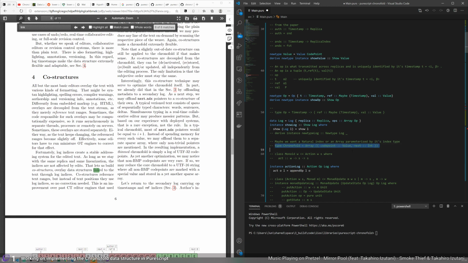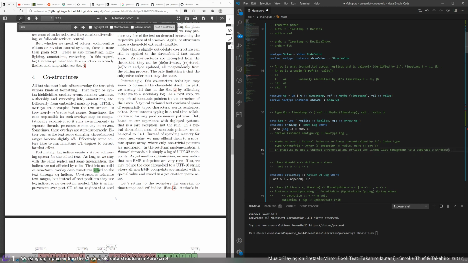So that's Chronofold, but in practice we use a thinned Chronofold and offload the linked list management to a separate co-structure, which means that this is just an array of cut points. So an array of values,